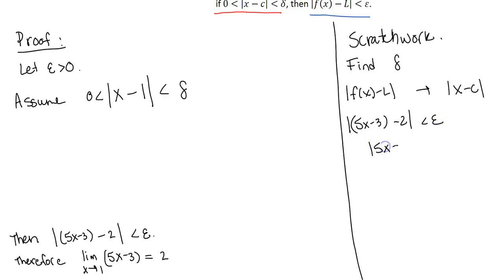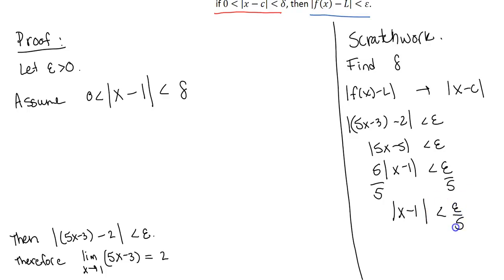That's 5x minus 5 is less than epsilon. If I factor out the 5, I get x minus 1. And then now that I've got x minus c, I'm going to divide by 5. So I get that x minus 1 has to be less than epsilon over 5, and we're going to let this be our delta. So coming back to the other side, where my actual proof is, I'm going to write delta equals epsilon over 5,